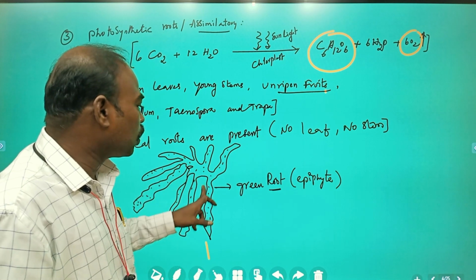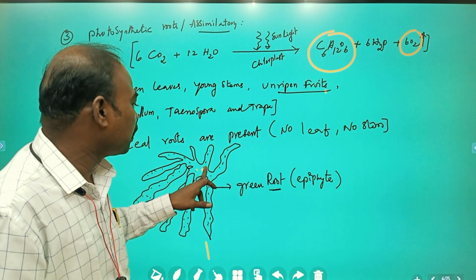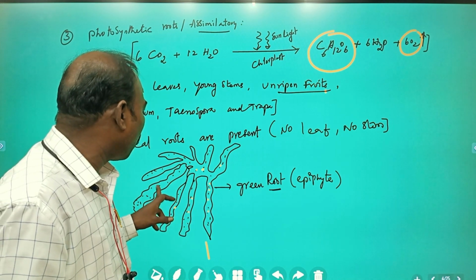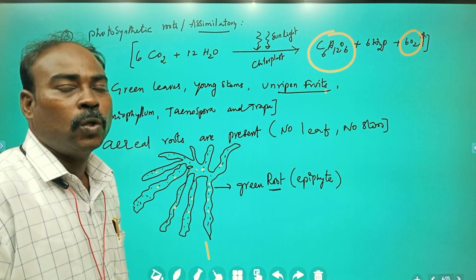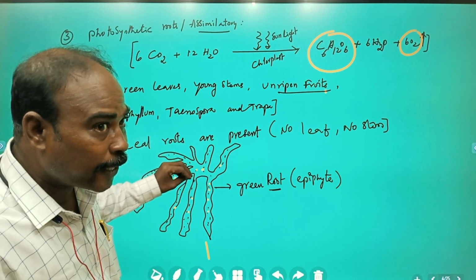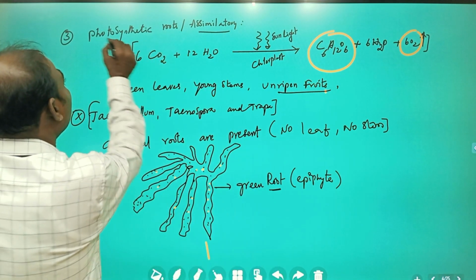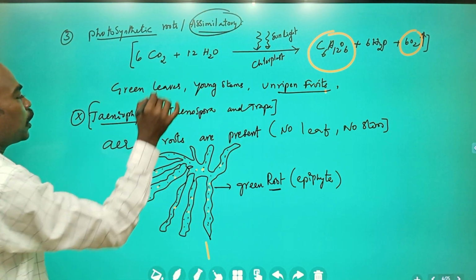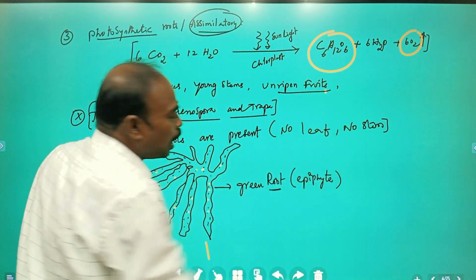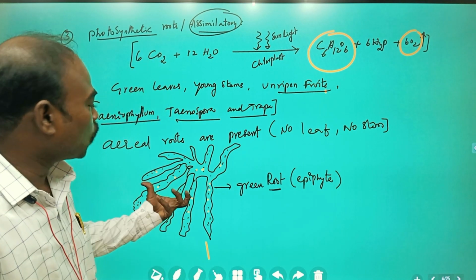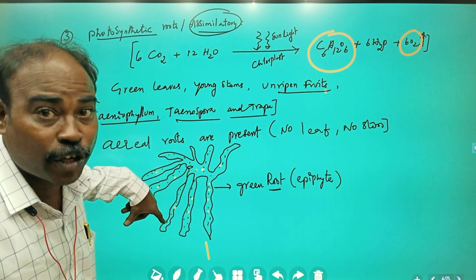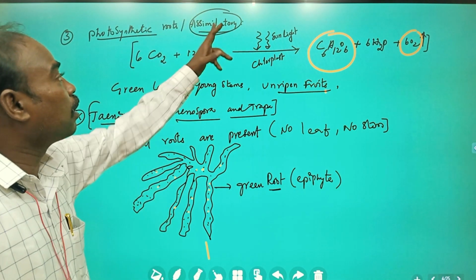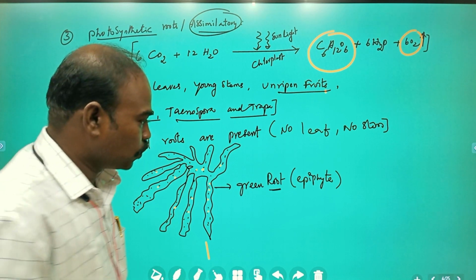That's why the root has chlorophyllous pigments and can synthesize food material in the form of glucose. So roots which participate in photosynthesis are called photosynthetic roots or assimilatory roots. Examples: Taeniophyllum, Tinospora and Trapa. So the roots which perform the physiological function, that is preparation of food, are said to be photosynthetic or assimilatory roots.